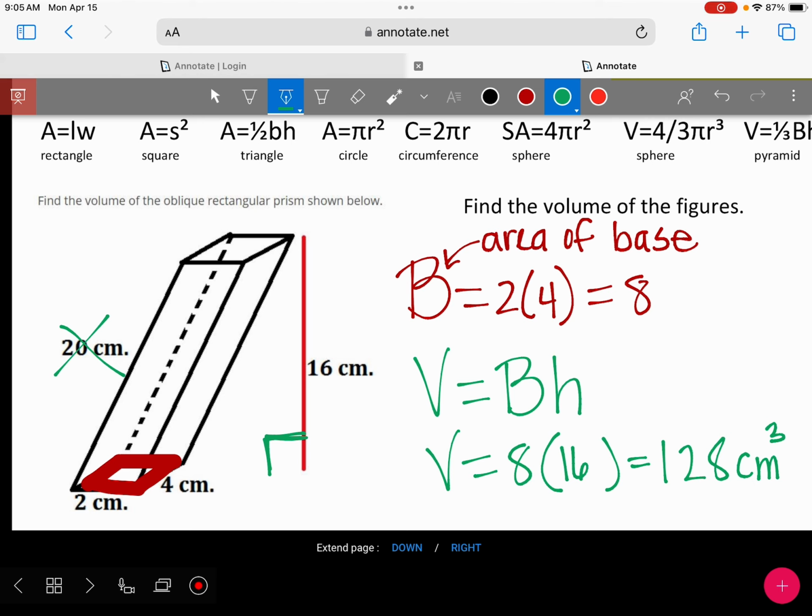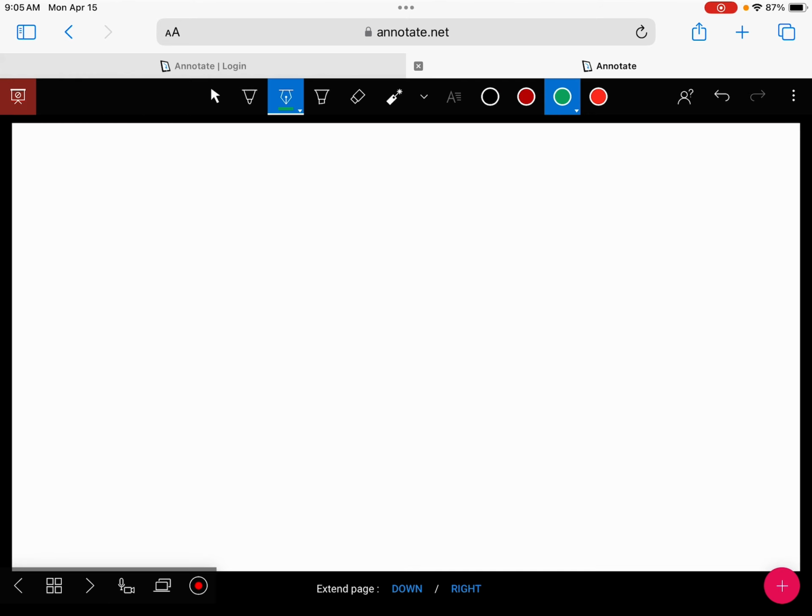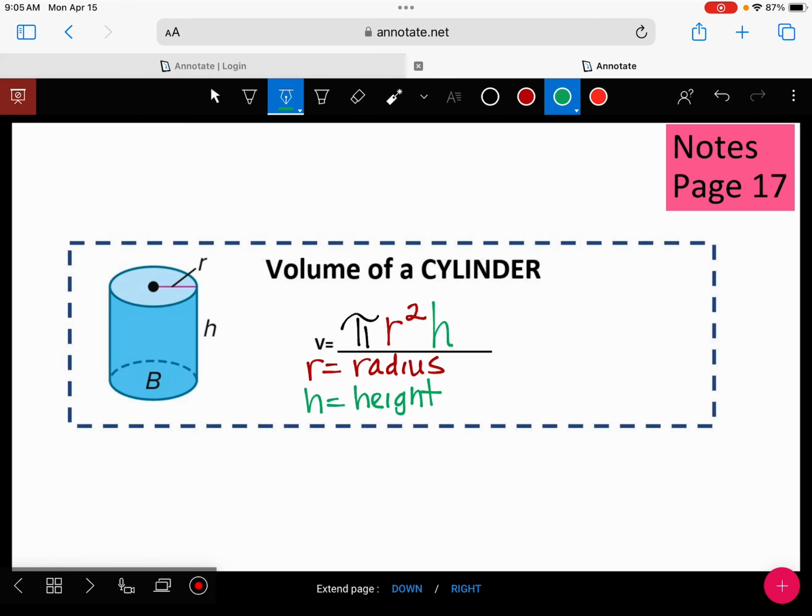Okay, so we're actually going to learn 3 different volume formulas today. We're going to finish it out. And then tomorrow we're going to work on composites. So the first shape in your notes, go ahead and go to page 17 and copy down this formula. This is a cylinder. So if you have a circular base,